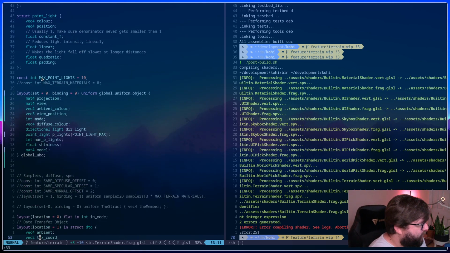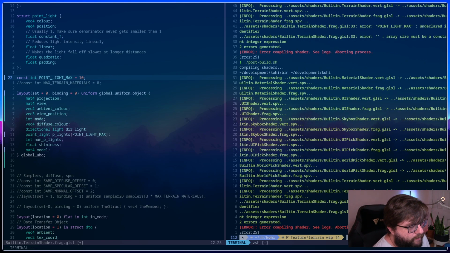Do I use max point lights in here anywhere? No. So I could just change this to be point light max. All right, and